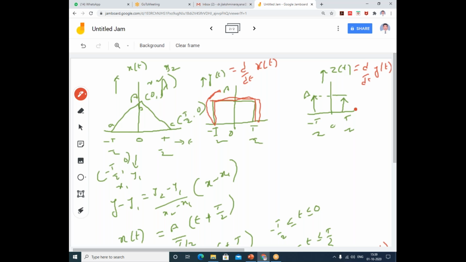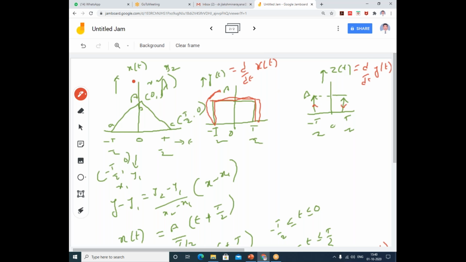But at minus T by 2 and at T by 2 you have the amplitude which is varying, which is A. At minus T by 2 it starts from 0 to a maximum value, and here it goes from a maximum value to a minimum value, so that I can draw the directions. In this case I can draw the direction in the upward direction. In this case I can draw the waveform in the downward direction. So now